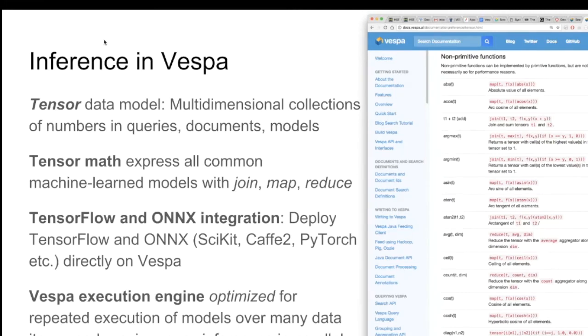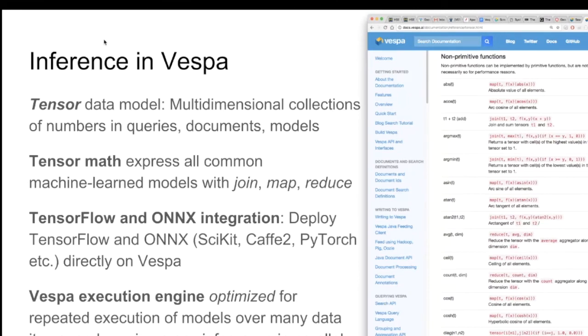So this is kind of similar to things like TensorFlow serving. But TensorFlow serving is optimized for evaluating over a single data point, while Vespa is optimized for repeated execution of models over many data points for one query, which leads to different optimizations. Because of that, for the use cases we see, Vespa is faster even on a single node than things like TensorFlow serving.